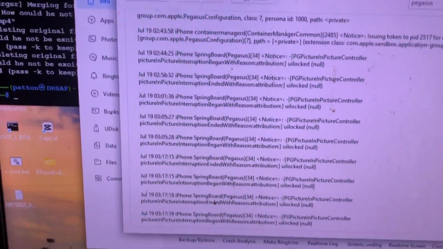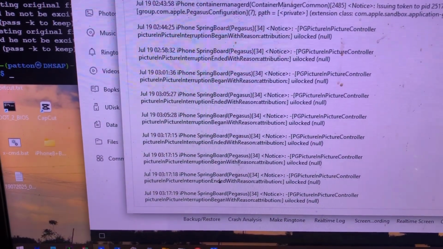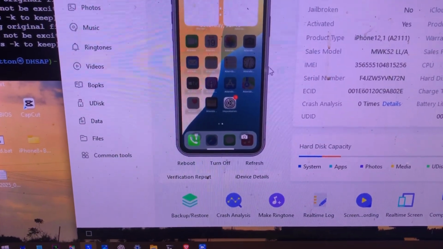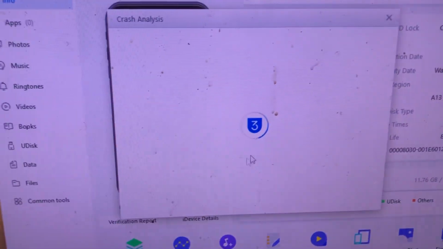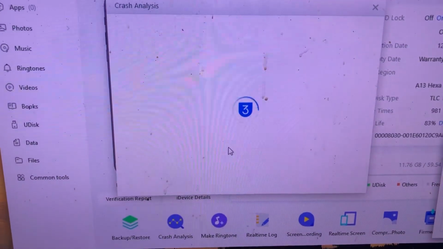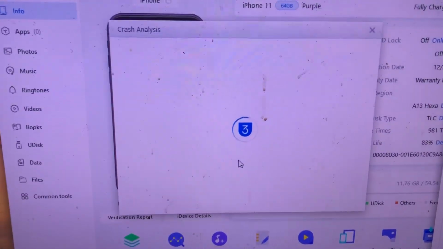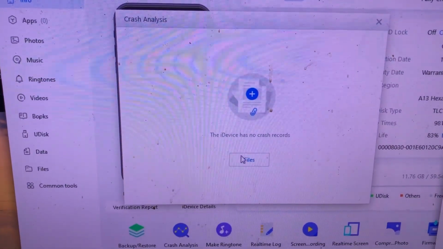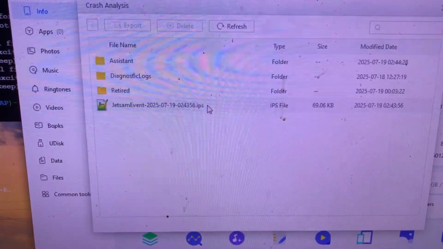So if I just take this here, move it out of the way, right? See, this is the real-time screen. This is what's going on. And if I look at the details here, let's see if there's any analytic data now. Every time I've checked it, there's been nothing, okay? There's just the regular folders. Of course, it's probably not going to work now, right? There we go. Right there, there it is. See that? So this guy right here,